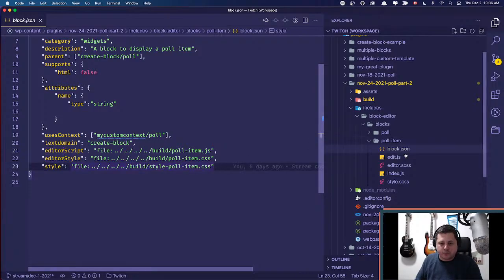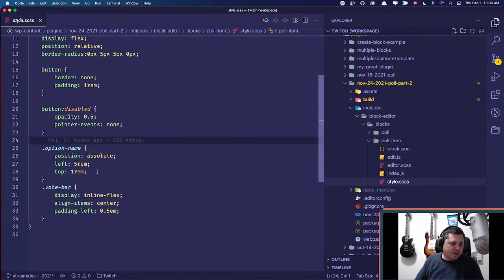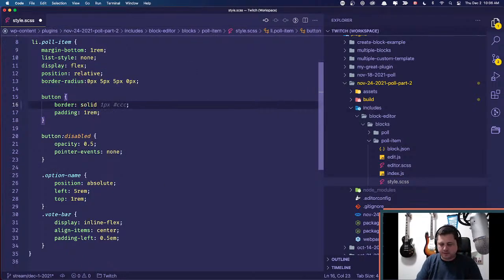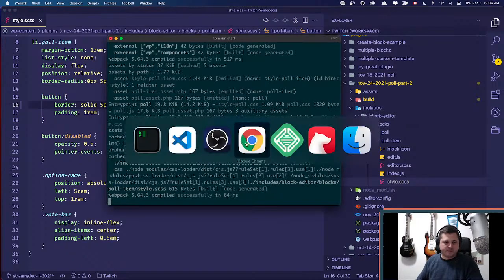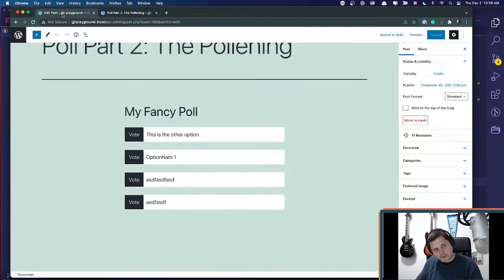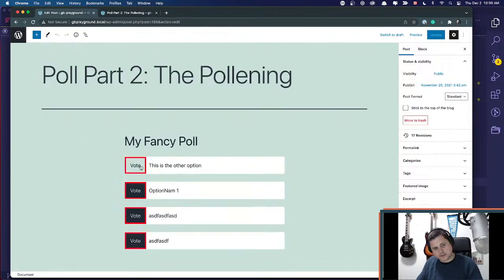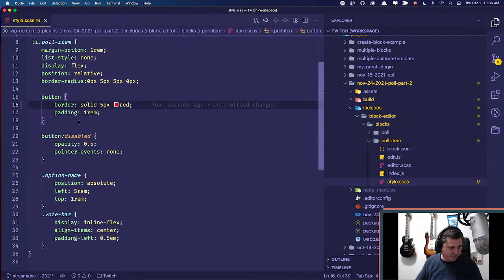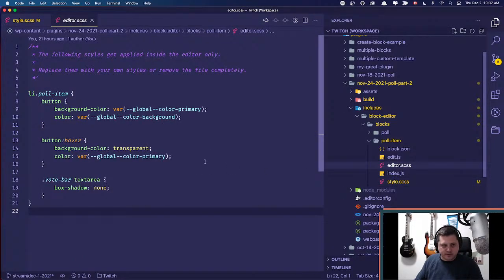So that's why if we make a change to style and we say we're gonna go border, I'll say solid 5 pixels and I'll make it red, right? And if I build that, I should be able to come in here and on the front end, we've got this box, right? And on the back end, it's got it too. So that shows that it gets enqueued in both places. So if I get rid of that, and then in the editor CSS,